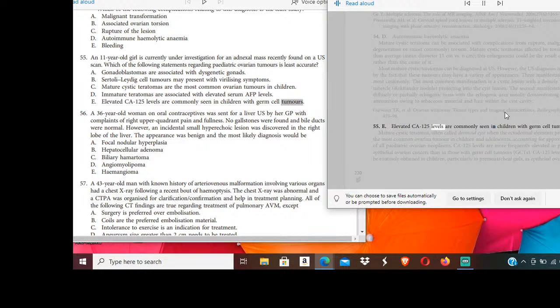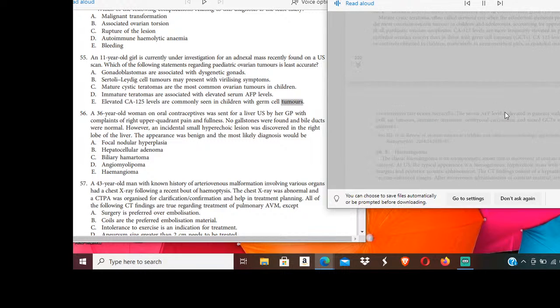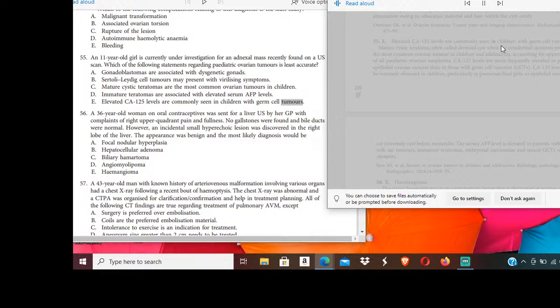E. Elevated CA-125 levels are commonly seen in children with germ cell tumors. Mature cystic teratoma, often called dermoid cyst when the ectodermal elements predominate, is the most common ovarian tumor in children and adolescents,